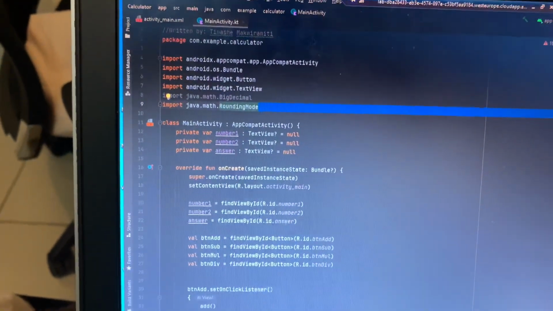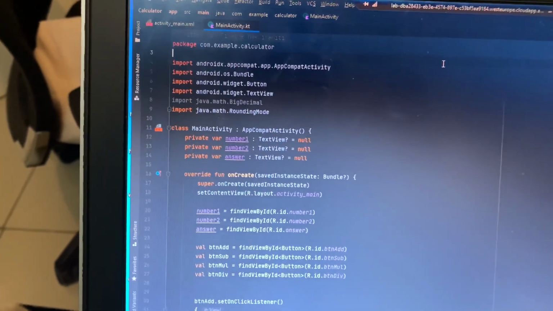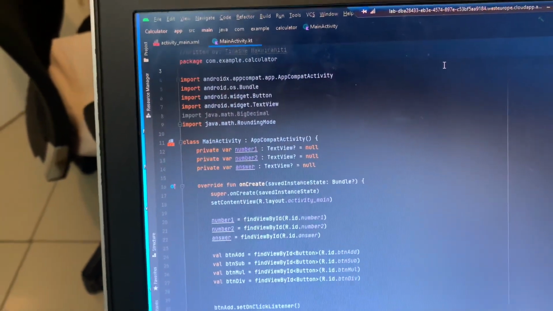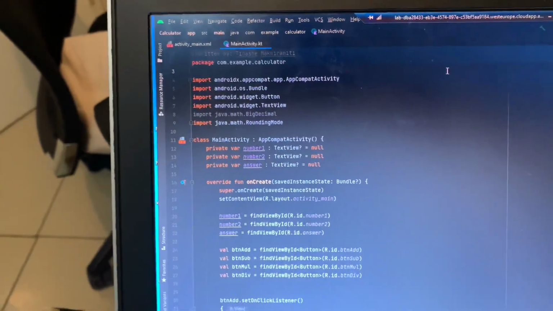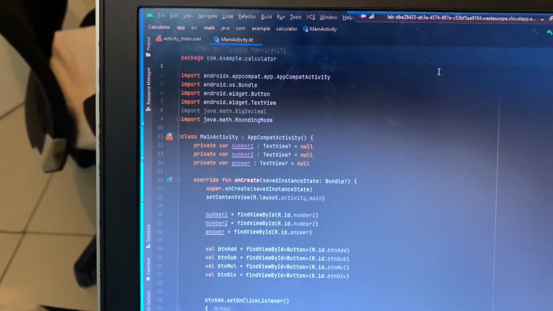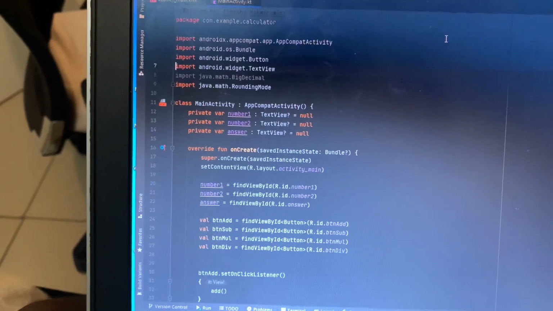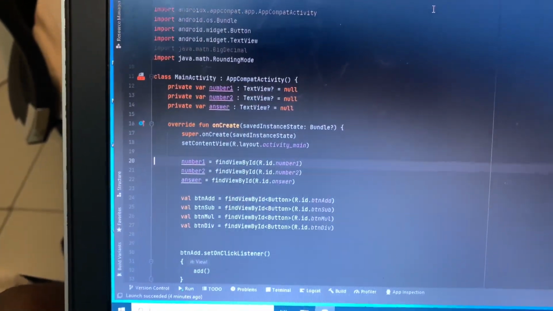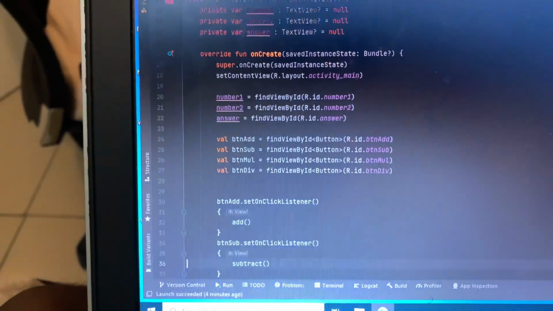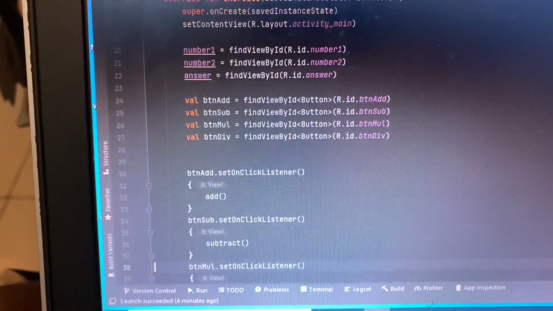As for the code, this is the code. So pretty much what I did was declare 3 private variables. One variable for the first number, another variable for the second number, and a final variable for the answer. And then after that, I made sure that the buttons were linked to the variables. And after I did that,